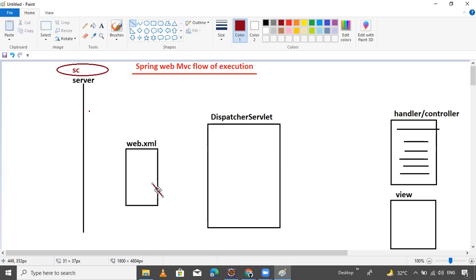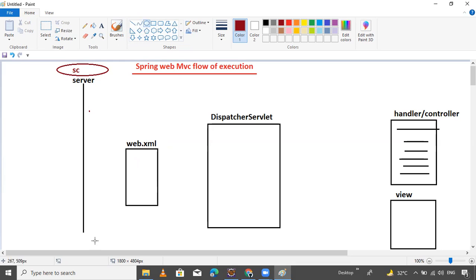After it recognizes the file, the container will perform web.xml file loading, parsing, and reading the data from the web.xml file. What does it do?